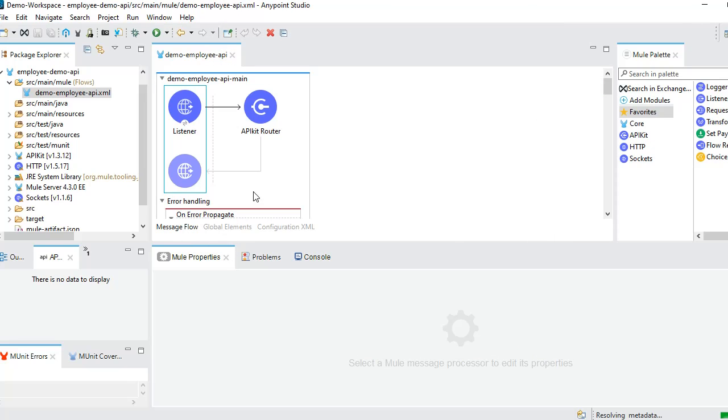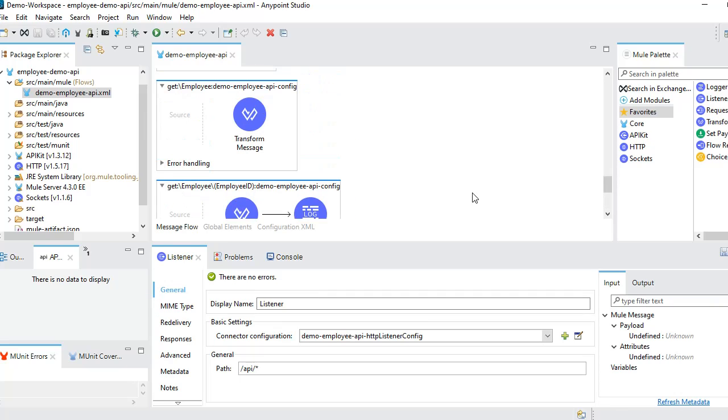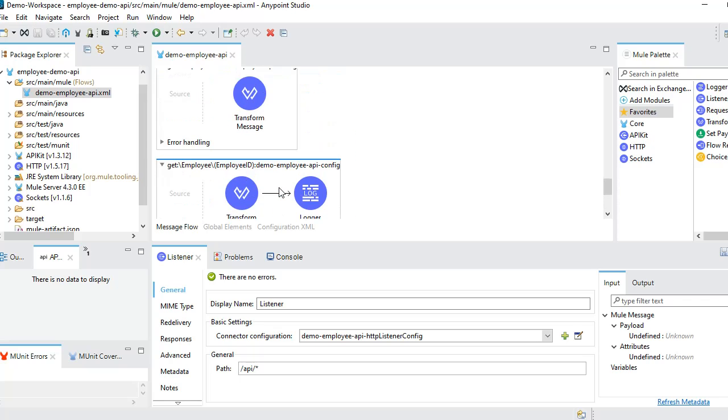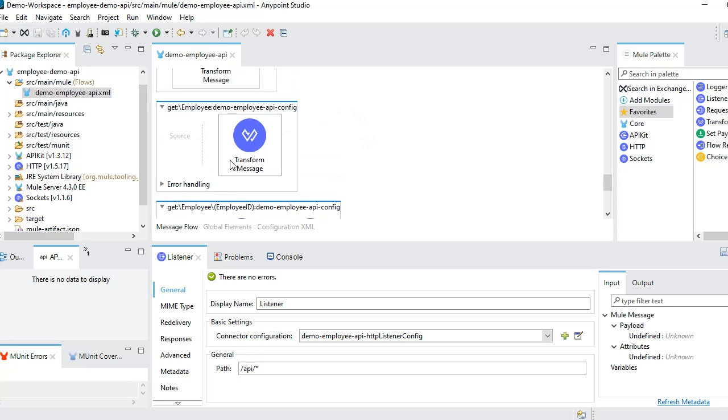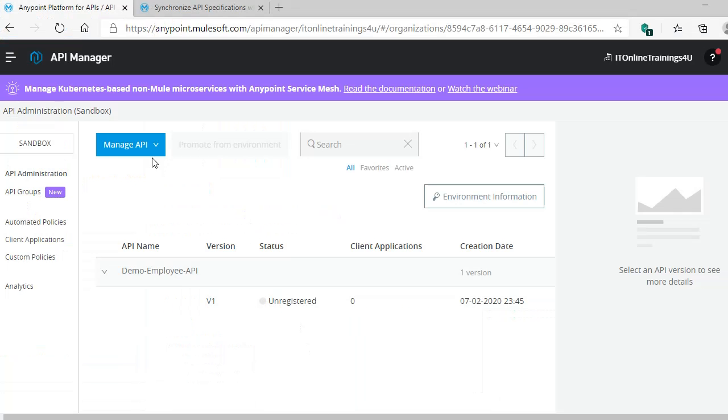Okay, and this is the API kit router. By default, for each and every resource it will generate default DataWeave flows. Actually, we need to add our actual implementations and configure this, but by default it will generate them using the DataWeave or the example which we have given in our RAML. Based on the RAML structure, it will generate these flows. Okay, so if you can see this RAML.